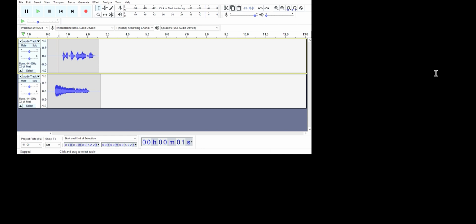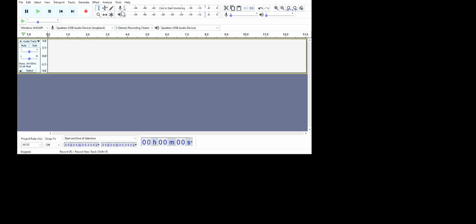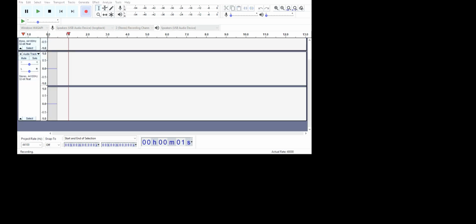The final effects I'd like to introduce are vocal isolation and vocoder, with vocal isolation being the more simpler of the two, so the first I will go over. Note that vocal isolation only works for stereo tracks, so we will have to switch back to using the headphones and the stereo recording option for now. Once you have made a recording,